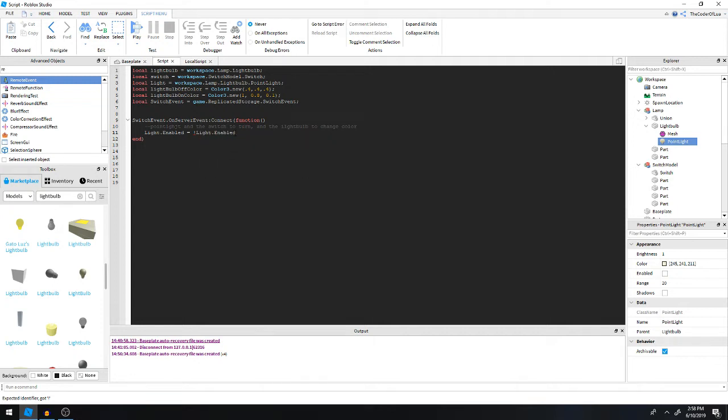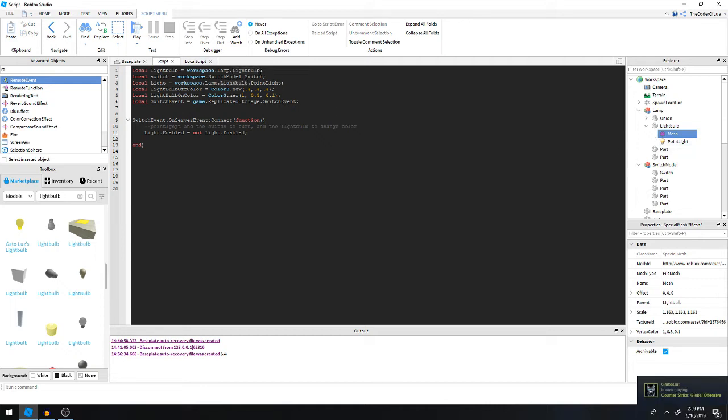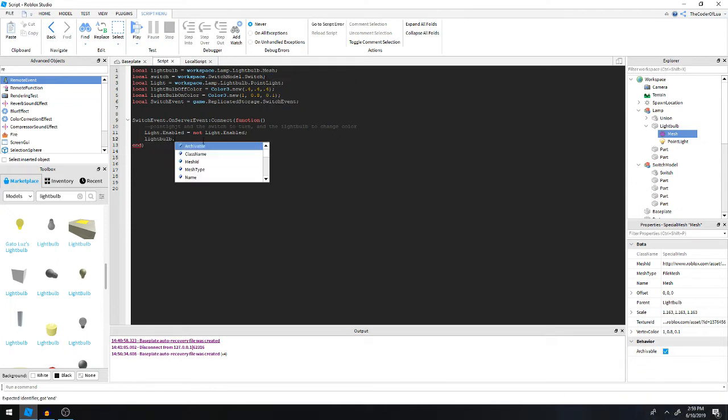So if it was true before, we say not. So if it's true before, then it'd be false, and if it's false before, then it'd be true. So turning it off and on. And then to switch the light bulb color, we want to do the mesh color, so the variable would be vertex color, and we already set this up here. Actually, let's change light bulb variable to say mesh. So then we could just directly say light bulb dot vertex color, which is right here,